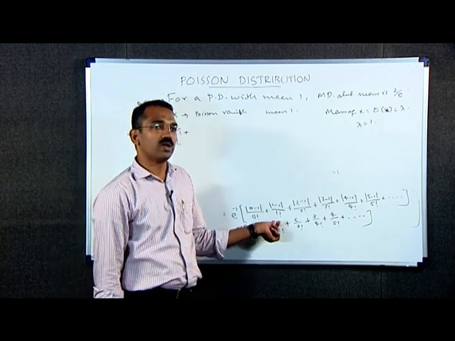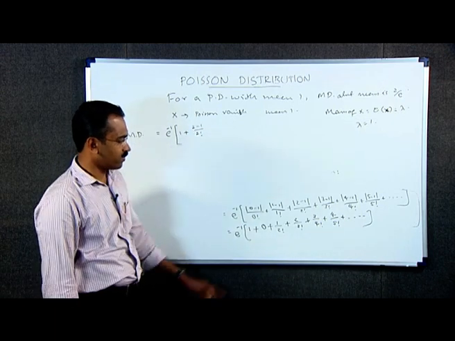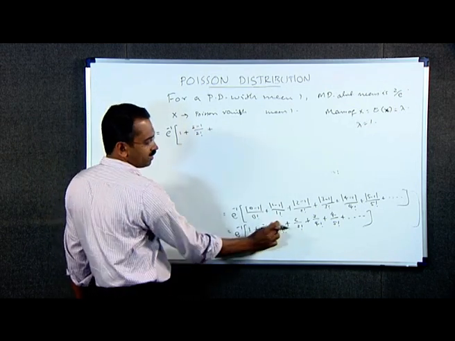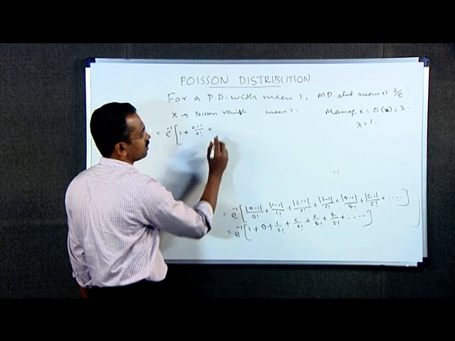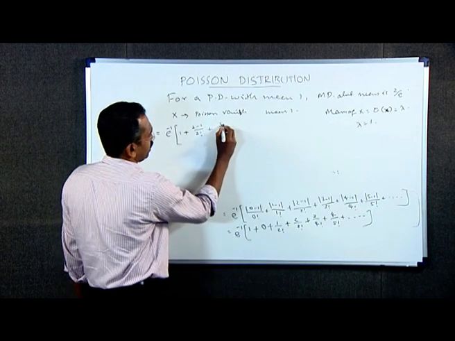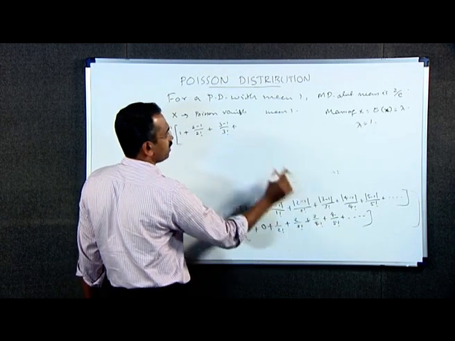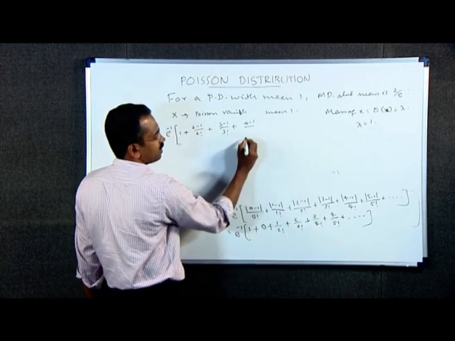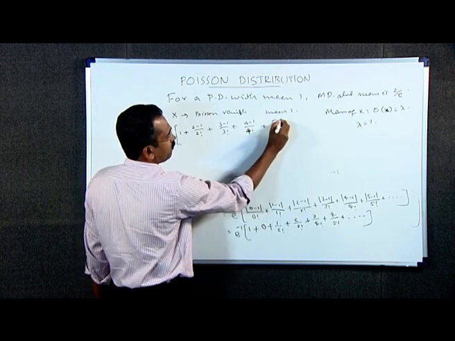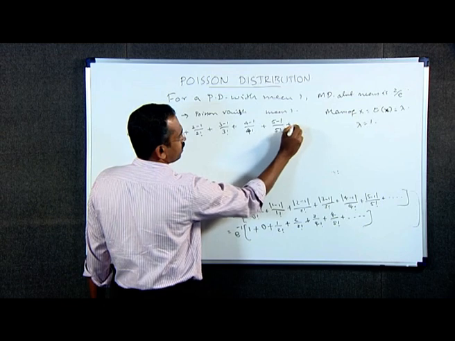we write this 1 as 2 minus 1, so 2 minus 1 divided by 2 factorial, 1 is equal to 2 minus 1, plus here we write 2 as 3 minus 1 divided by 3 factorial, plus next is 3, that is 4 minus 1 divided by 4 factorial, plus 5 minus 1 by 5 factorial, plus etcetera,